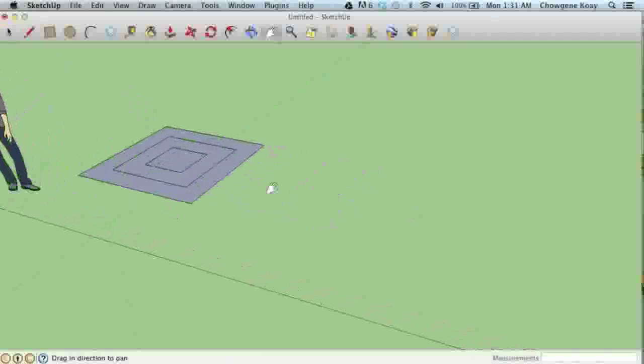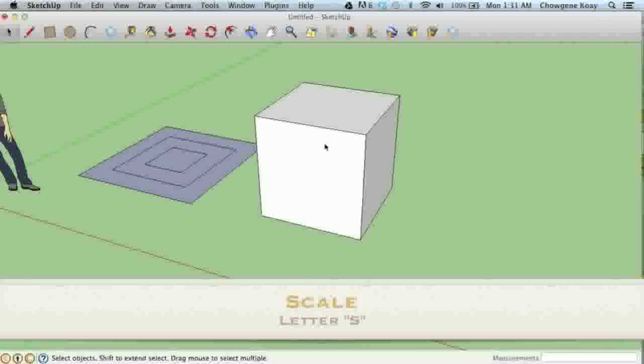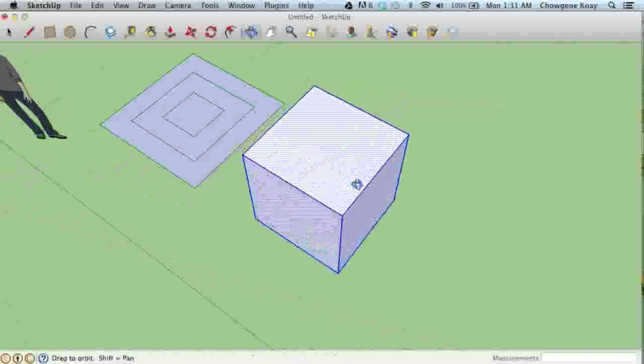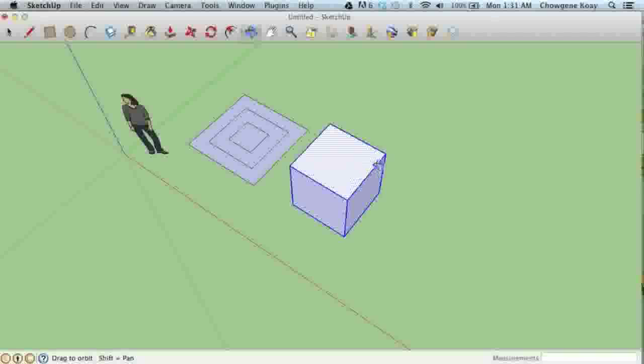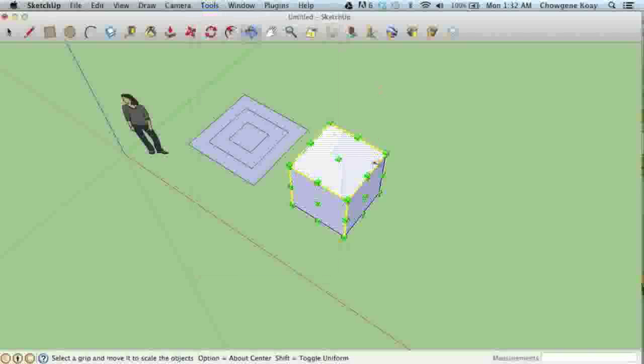So onward. The next tool is the scaling tool, and we'll draw a 4 foot by 4 foot square again and then make that into a cube. Now, what I'm going to do now is I'm going to scale this cube, and there's a number of ways that you can scale an object. So the hotkey is the letter S, and the scaling tool actually isn't even on this toolbar menu. If you don't want to learn the hotkeys, you can go to Tools and click Scale,